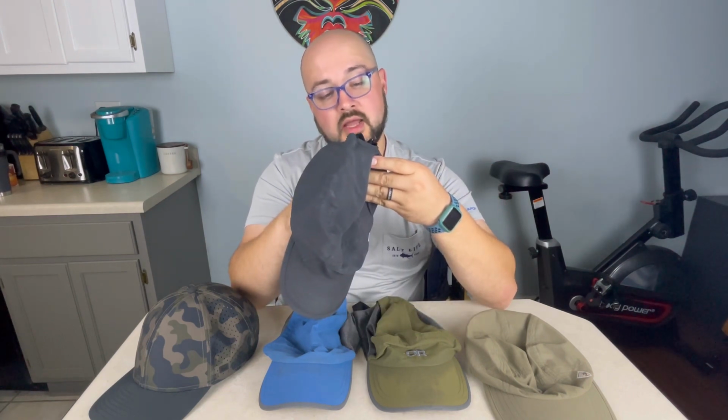This melon hat right here will stand up on its own because it's got a little bit more material and it's a little bit more rigid than the cool hats or even the Outdoor Research hats. If I take this off, I could wad it up, throw it in a backpack and not worry about messing it up. The only thing I would worry about is the bill getting creased or bent out of shape, which has actually happened to my blue Outdoor Research hat. The Cool brand is made out of nylon and spandex, about 95% nylon and 5% spandex, so it's going to be a little bit more